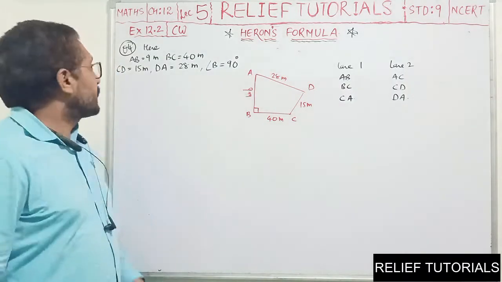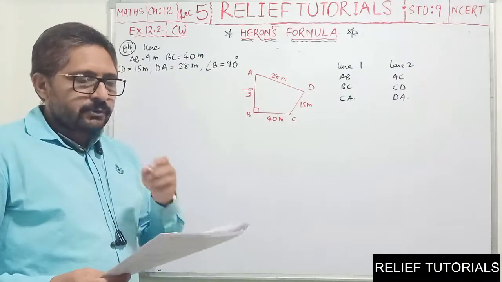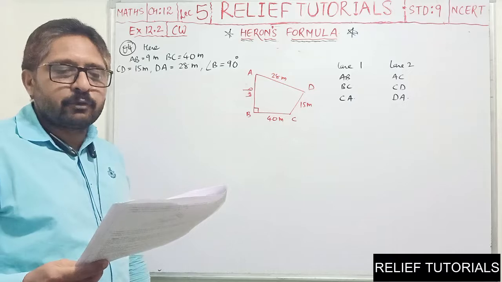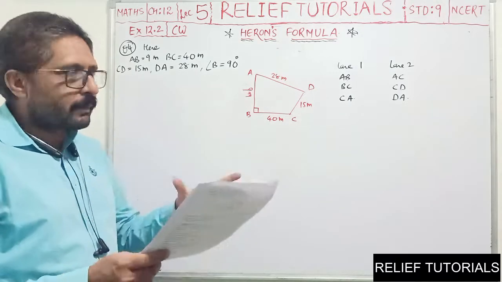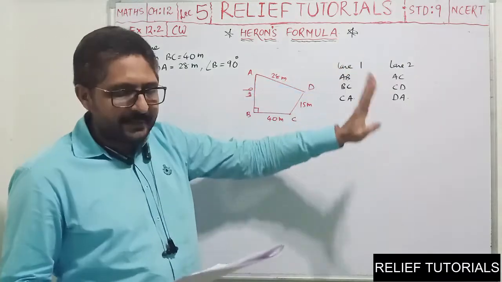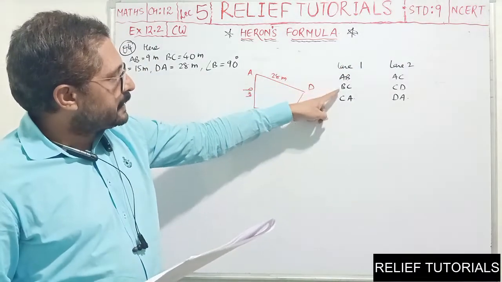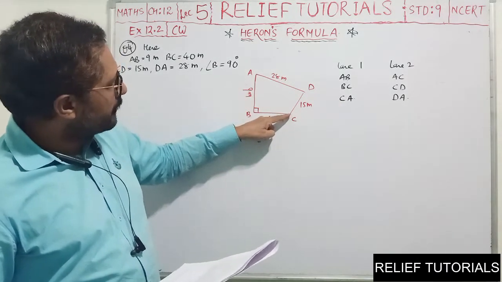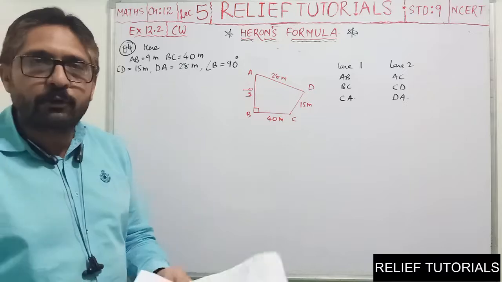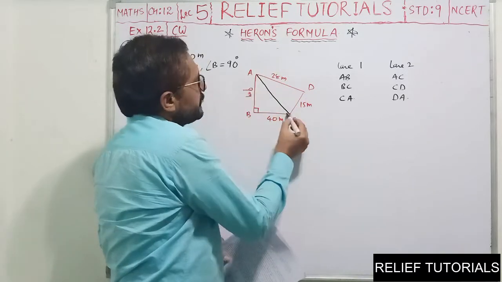See, we will discuss question number 4 of exercise 12.2. I will read the question. See, students of a school stage a rally for cleanliness campaign. They walk through the lane in two groups. So, group of students are walking through two lanes. One group walks through lanes AB, BC and CA. See, from A to B they are walking, from B to C, and they are going from C to A. So, this is the lane followed by one group of students. AB, BC and CA.